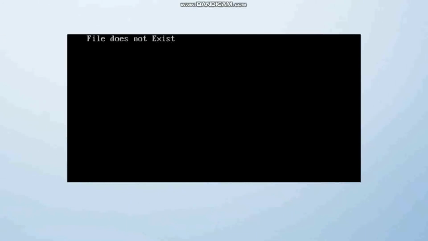So let's check the output. Yes, file does not exist. Now take one more example. In this example I have included the two required header files. After that I'm declaring a pointer variable fp of type FILE. Then I declared some other variables of character type, a character and a character array. We will use these variables in the coming instructions.